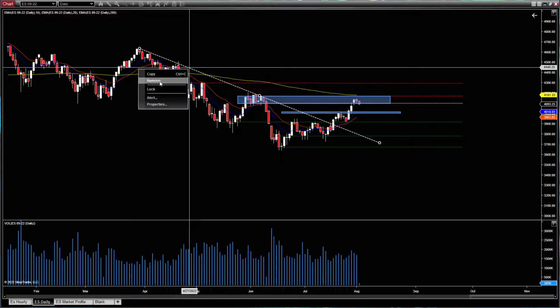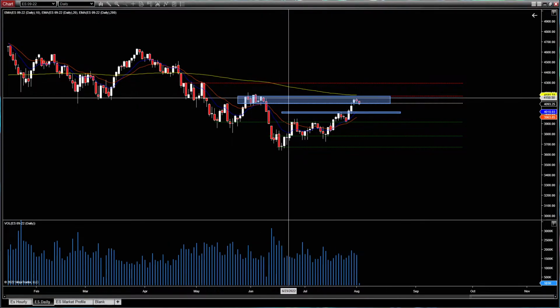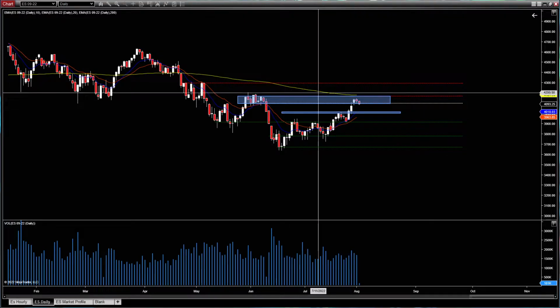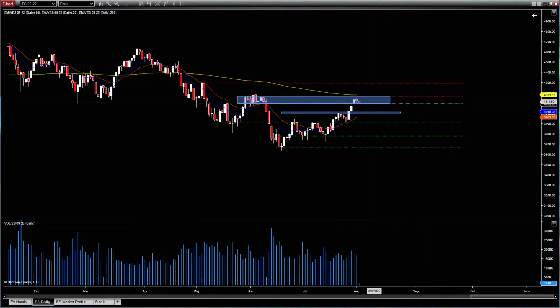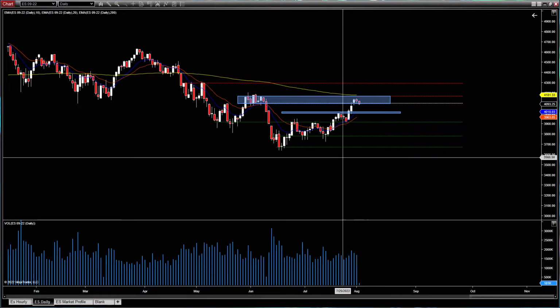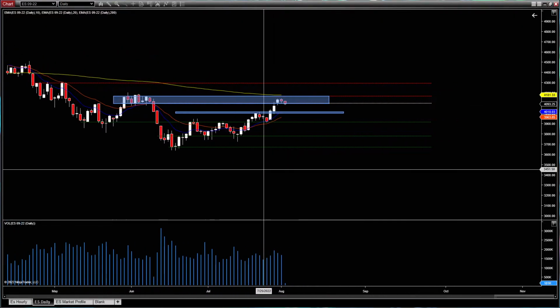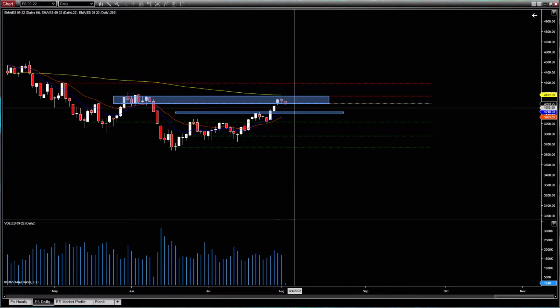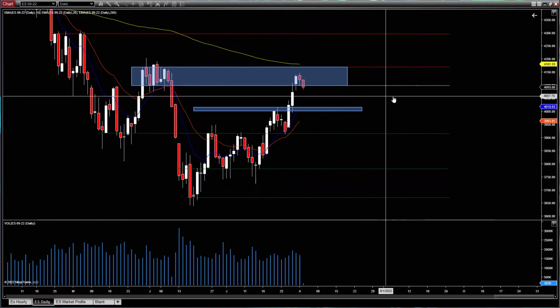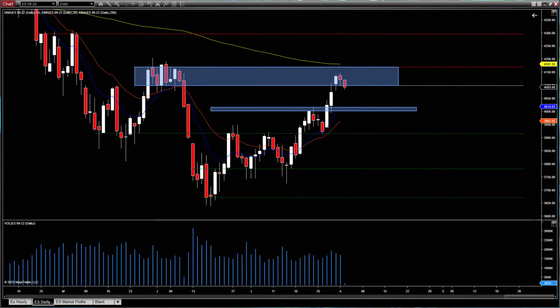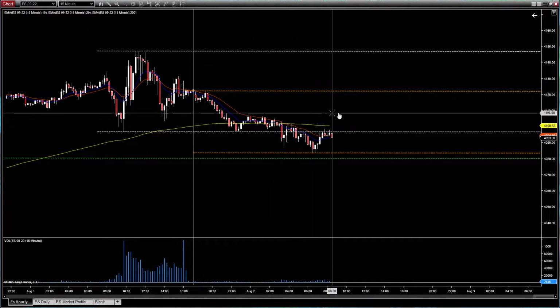So overall, we're looking good in the short term, but I just don't think the numbers, like the FOMC day and all that stuff, nothing overall is getting better. Things are either the same, slightly getting worse, or even a little better, but not enough to have the whole market just reverse and be green. And we all know that markets don't move in a straight line. They don't go straight up. So after all this run up, some pullback just seems healthy. That'll do it for the daily. We're going to drop down to the hour and look at some of our levels for the day.